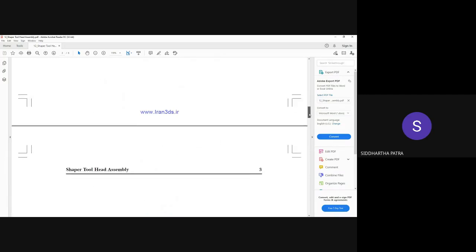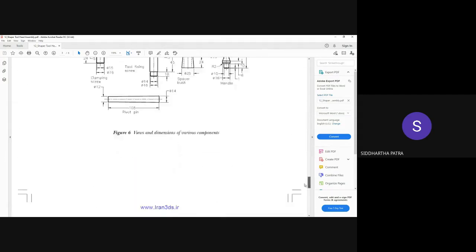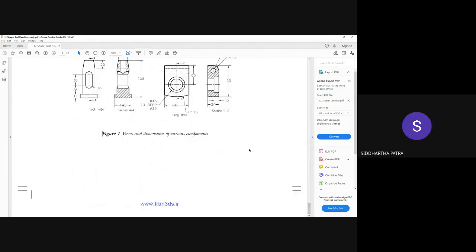Okay, then do it on two pages, in portrait, and you can skip the list of components, that is fine. Okay. You can skip the list of components, so just draw the assembly view, okay, and assembly view.